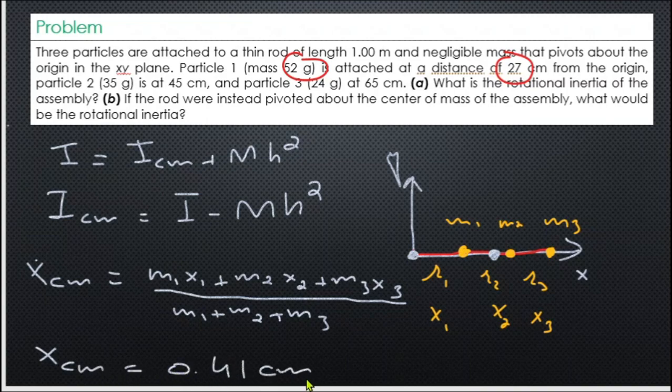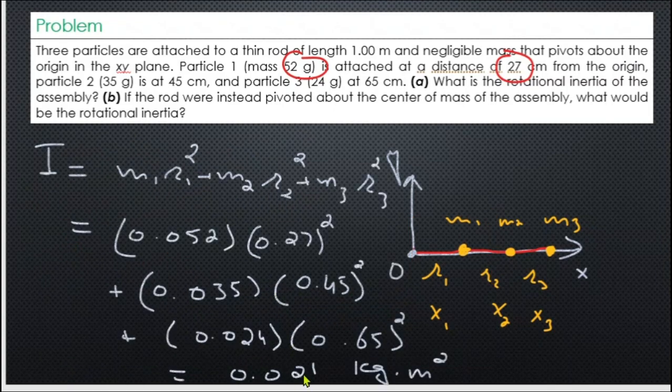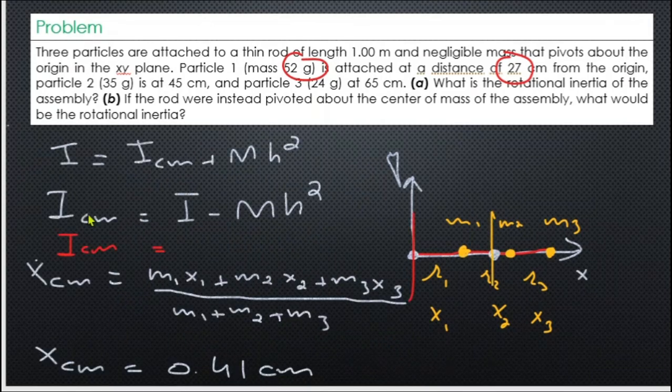0.41 centimeter. Now if I want to find out the rotational inertia through the axis which passes through the center of mass, and I know the rotational inertia through an arbitrary axis, then using this relation, the value of the ICM would be this I, which I found in the previous part, and whose value is 0.021 kilogram,